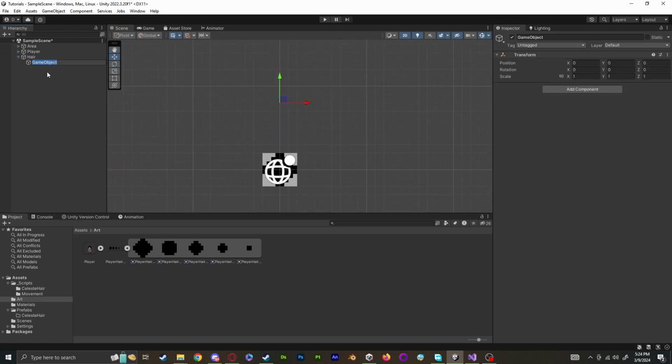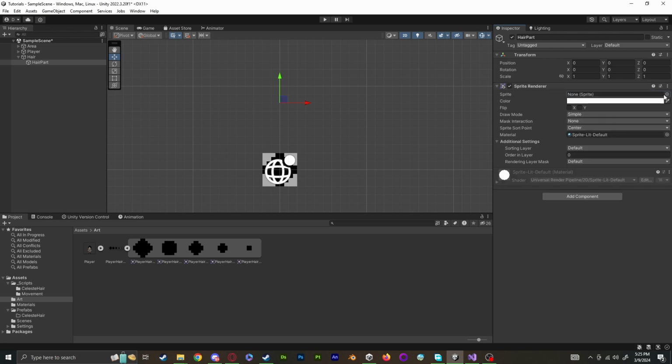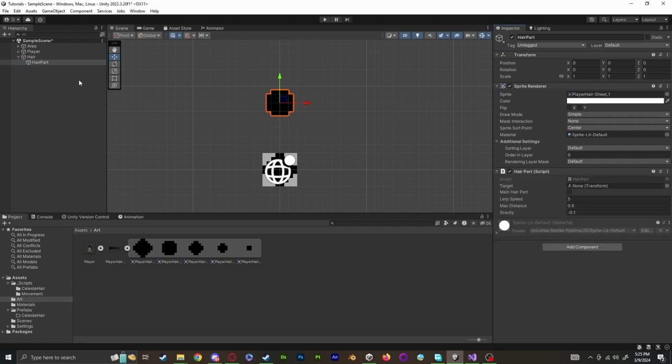And then create new hair parts for that object. I'm just going to create one, give it a sprite renderer, add the sprite, and add the hair part script to it. We just want to duplicate that out. You could offset it, the position will get reset. Just to visualize it, you could just offset it. So I'll name this hair part 1,